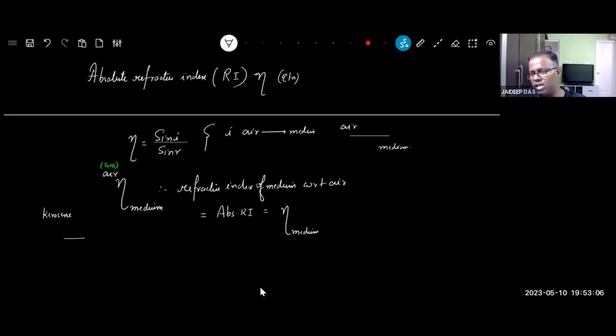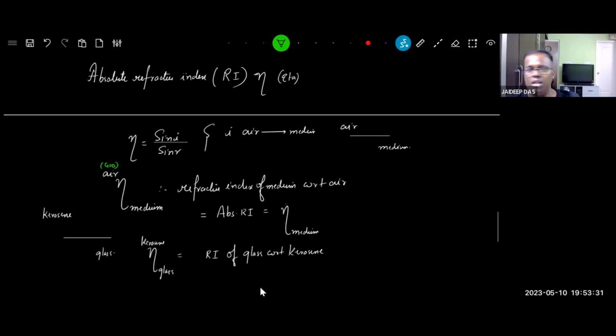केरोसिन से घुस रहे हैं, किसमें, ग्लास में घुस रहे हैं। अब क्या लिखेंगे, अब लिखेंगे ईटा ऑफ ग्लास, ऊपर कौन है, केरोसिन, विथ रेस्पेक्ट टू केरोसिन। तो इसको कैसे लिखेंगे, इसको लिखेंगे रिफ्रैक्टिव इंडेक्स ऑफ ग्लास विथ रेस्पेक्ट टू केरोसिन। ठीक है ना।